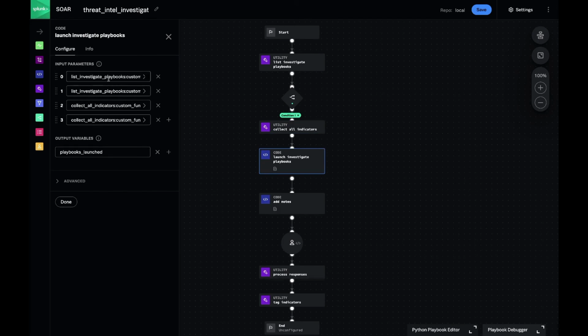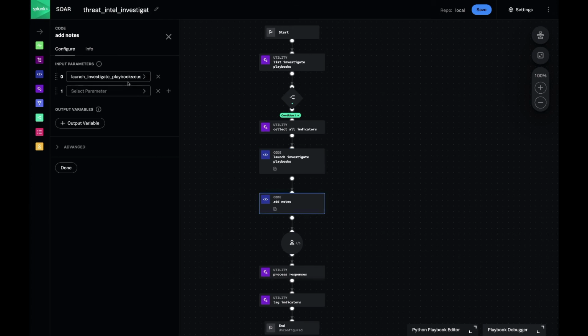We take each of the playbooks that we listed and each of the indicators we listed, and anytime there's a playbook that operates on that indicator type, we execute the playbook. The playbook takes in the indicator as an input, and the output is some notes, a note title and a note content. We take those notes, we add them to the event that this playbook is running in, and then